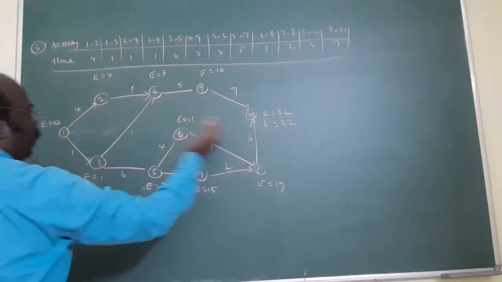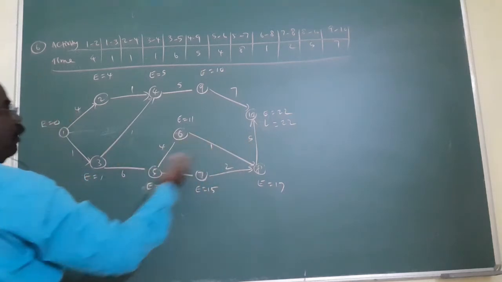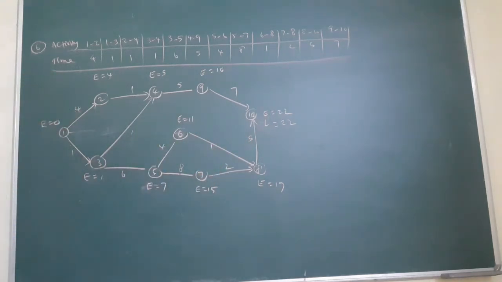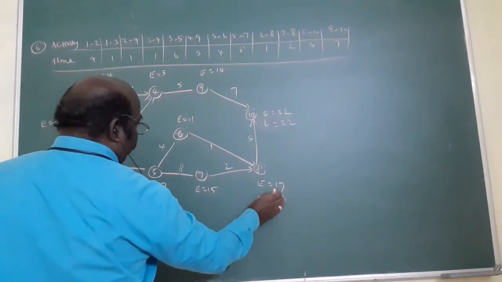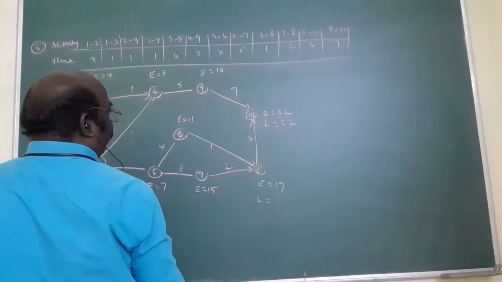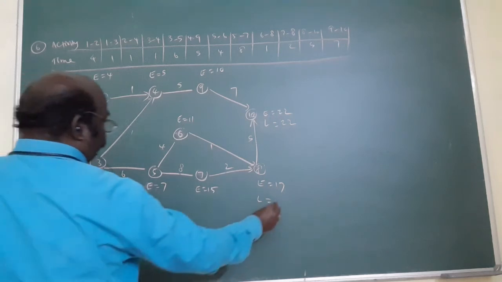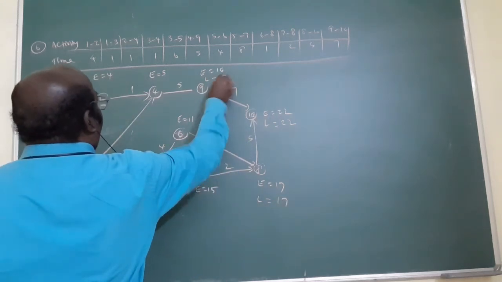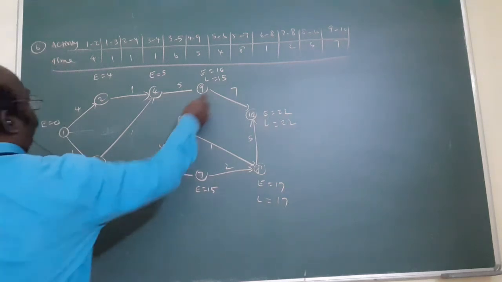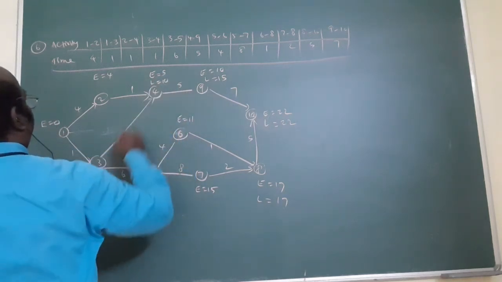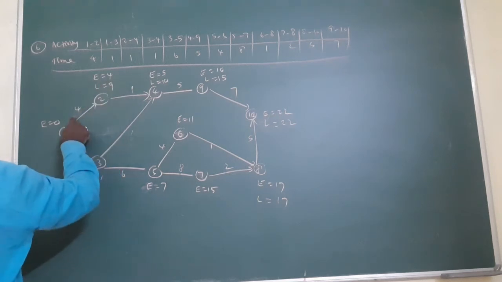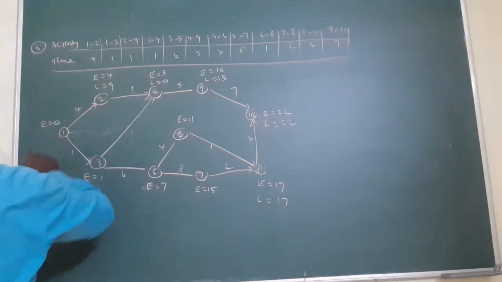From here to there, reverse process. That means what I told you, if you have two roots involved in it, you will consider only the minimum number. That's important. Now L equal to 22 minus 5. That is what? 17. Here, 22 minus 7, 15. Am I right? Next, 15 minus 5, 10. 10 minus 1, 9. 9 minus 4, 5. Not necessary, you have over already. The L is always 0.